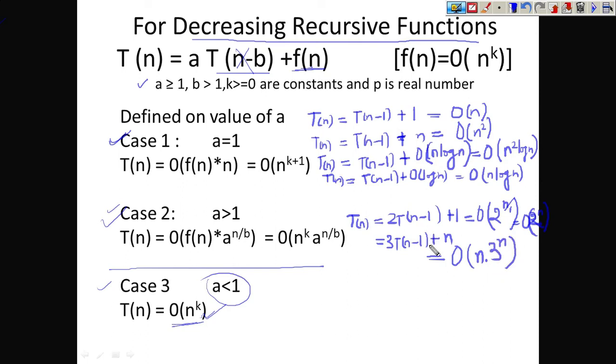This is how we can find out the direct answer. There is no need to solve this equation. You just apply the Master's theorem, you just apply these standard results, and we get the answer directly. Okay, so now moving to the next kind of recurrence relation that is suggested by the Master's theorem.